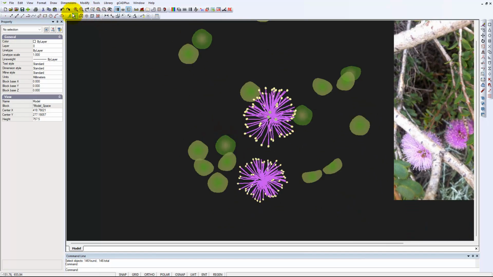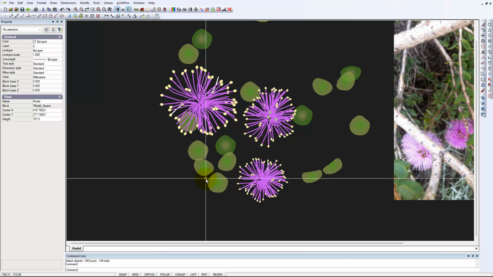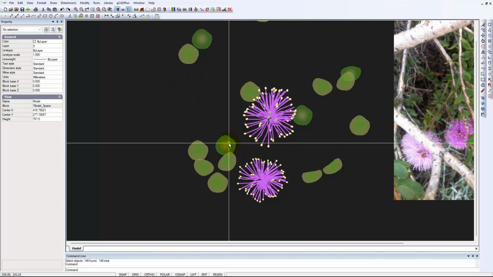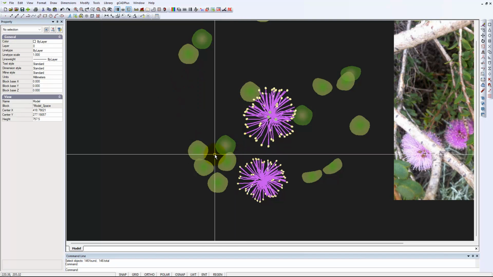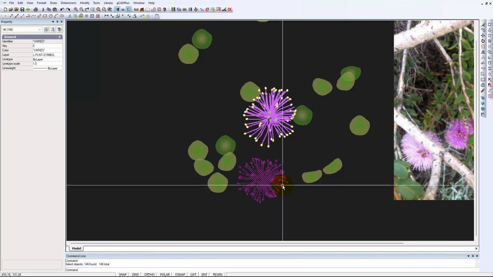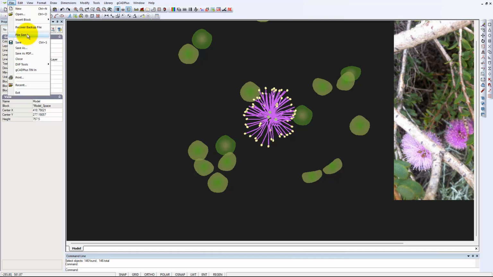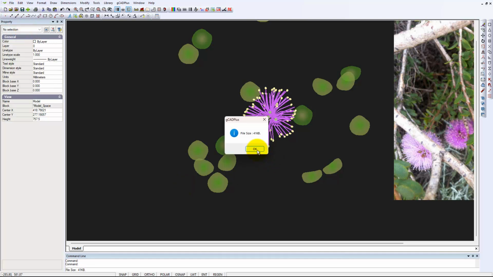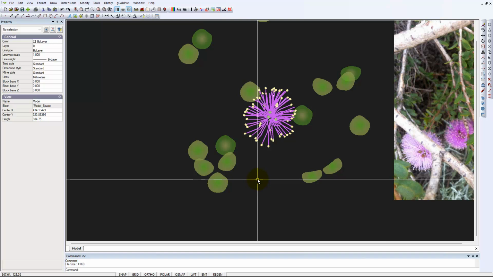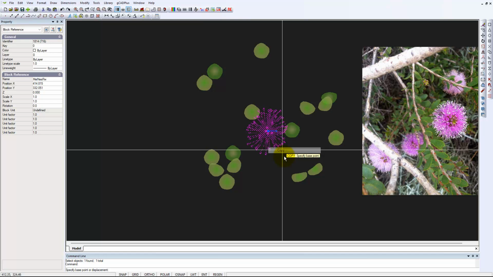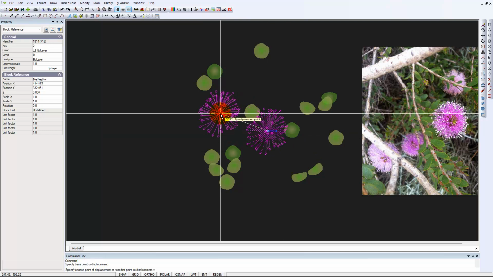Maybe just undo that one, because we don't want to lose too many of the leaves there. And then we'll save. We'll just check the file size again. So it's 41 kilobytes, a substantial reduction in size. So what we can do now is just copy and paste